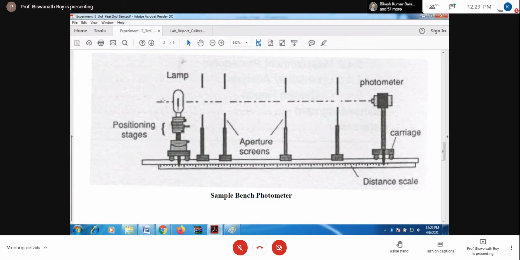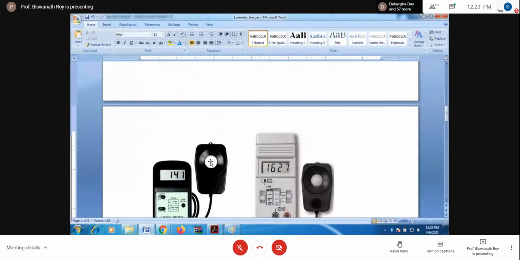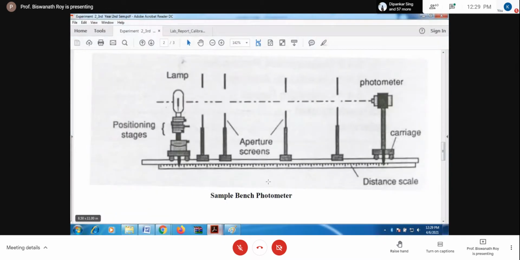And the lux meter is mounted in such a way that the center of the filament and the center of the lux meter sensor, which one is the lux meter sensor, this center of the photocell, had to be in the same line, right? This we call the alignment. So center of the filament and center of the lux meter are in the same horizontal line, and they are parallel to the optical bench.